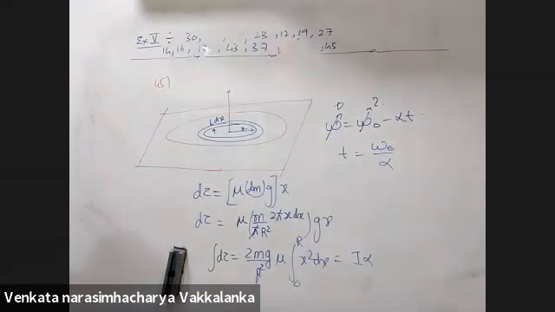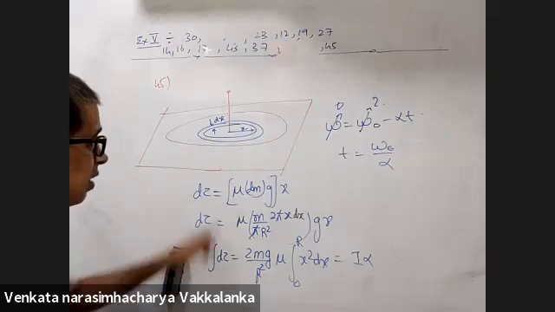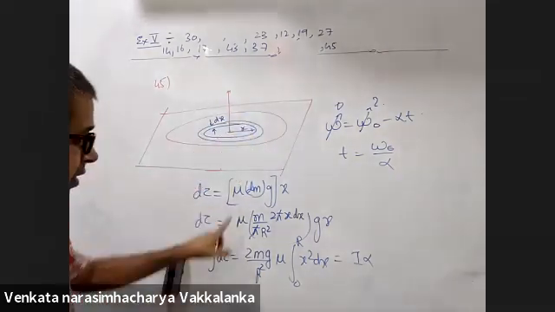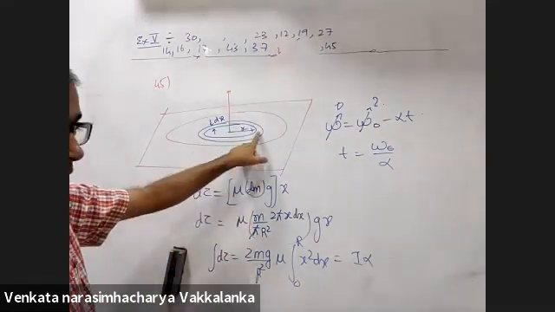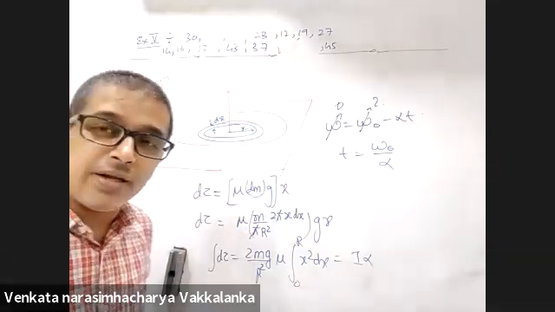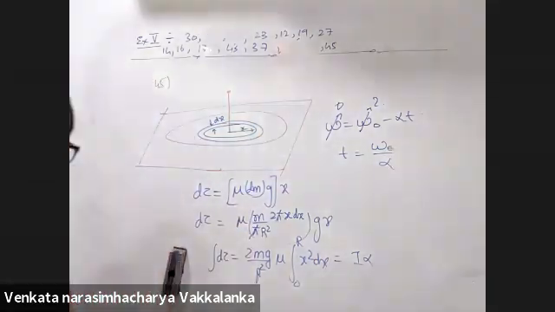Sir, so the first part is the same, or what? First part is for a ring. But the procedure will be the same, right? In a ring you will not consider another ring, you will consider an element. That is included in this. In a ring, when you consider an element, you will directly get the torque on it. You don't need to integrate. Okay, sir.